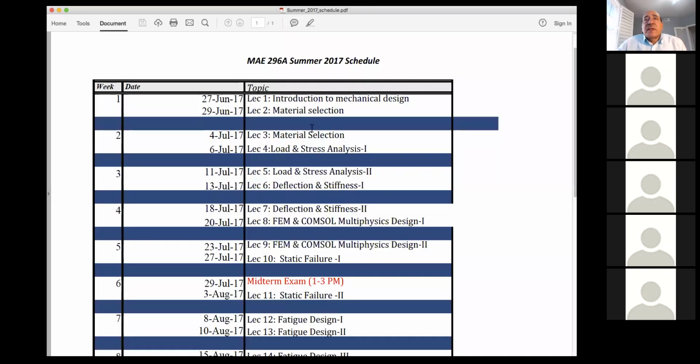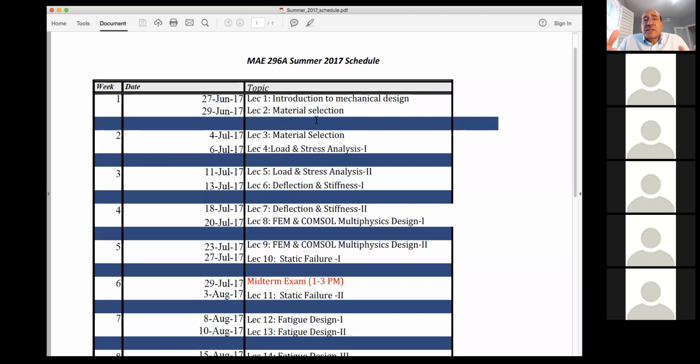So I'll share the screen with you and look at the schedule that we have. As you can see here, the schedule started already this last week. So this is our first week of classes. And in the first view, you notice that the class material is going to be in about 3 sections.